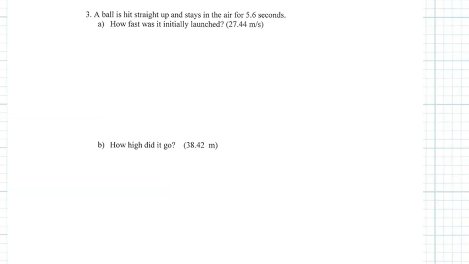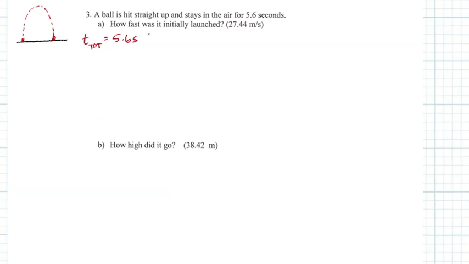So let's just draw kind of what's going on right here. I'll draw it over here on the far left. Doesn't need to be real big. And the ball is hit upwards and comes back down right here. And the time, I'm going to call it time total, T-O-T for total, is 5.6